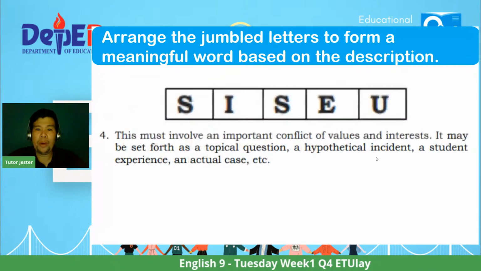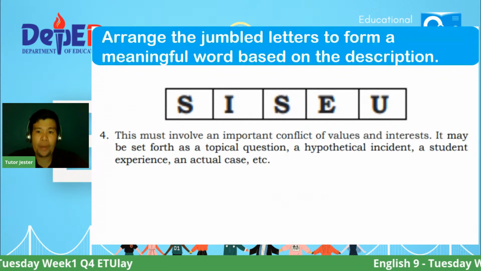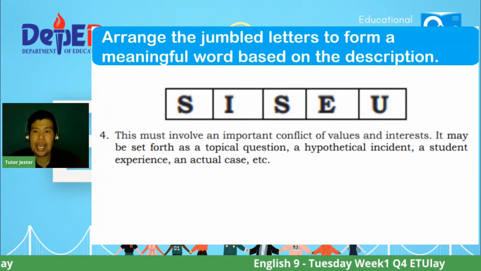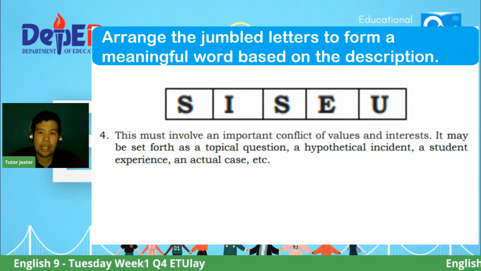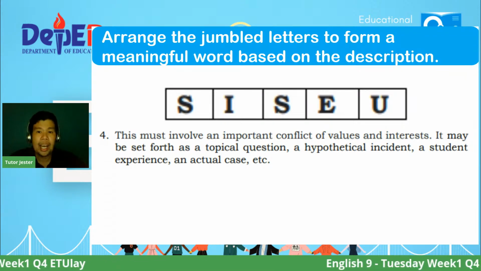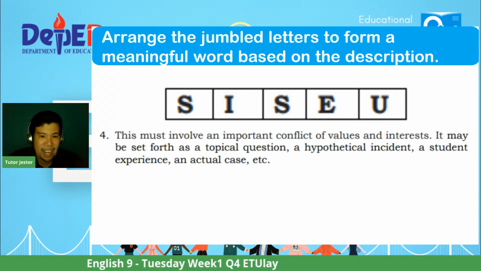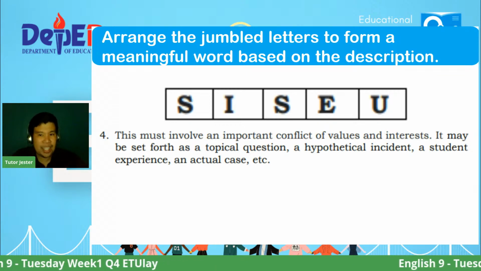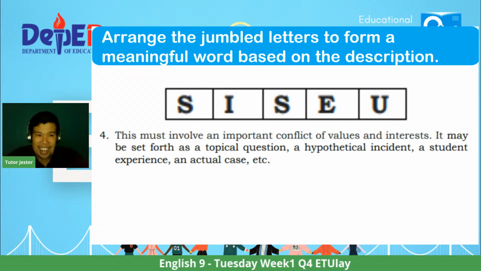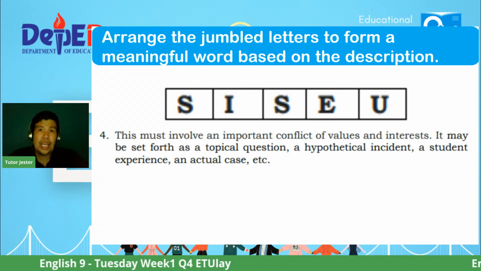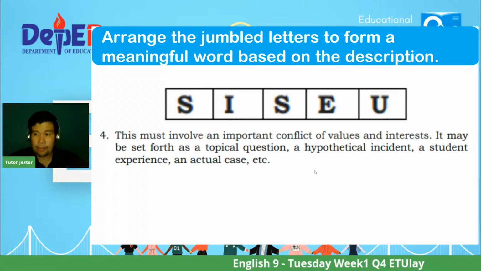For number 4. Okay. This must involve an important conflict of values and interests. It may be set forth as a topical question, even a hypothetical incident, a student experience, an actual case, etc. Ito alam na alam natin, di ba? We have lots of this in the Philippines. Hindi tayo nauubusan actually, but not only in the Philippines, but also sa world, the universe rather. Just kidding. Mga latest na pinag-uusapan. This is what we call as an